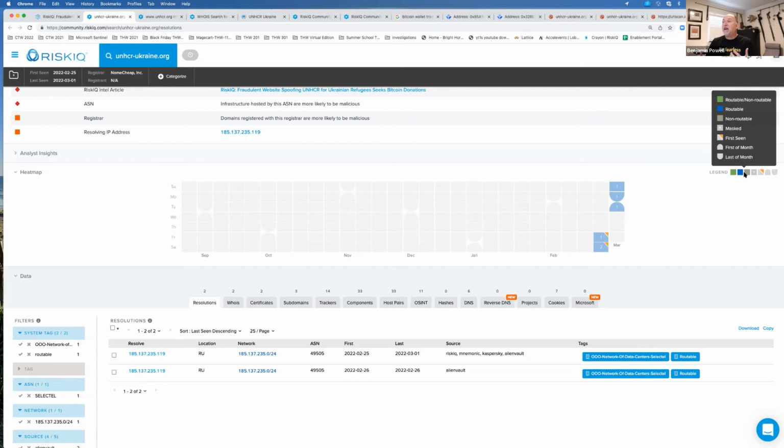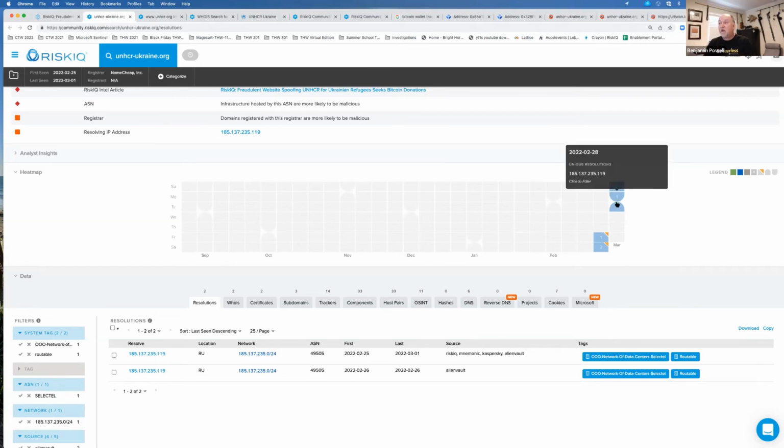And then during the attack, it might go to a public IP and then back, and we can see that. And whenever we see that flip-flop between non-routable and routable on the same day, you're going to notice it's green. It will show up in the square. And the triangles mean a new IP address was seen on that day. And the curves on the bottom and the top mean the end of the month or beginning of the month. So here was the end of February and beginning of March.